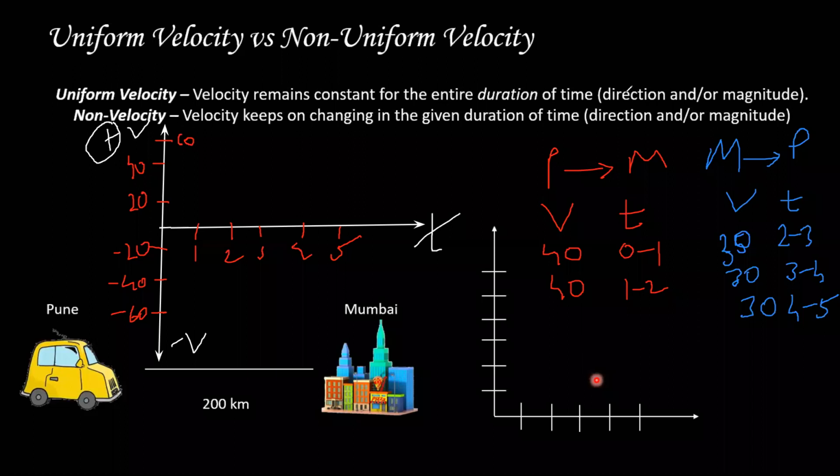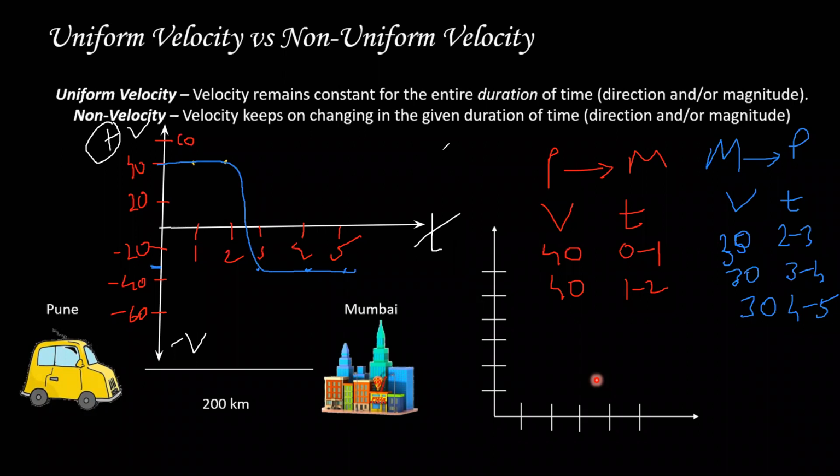Okay. So I'm going to plot it. From 0 to 1 hours, it was 40 over here. From 1 to 2, it was 40. But then I took a U-turn and I went back home. So basically now my graph will be something like, wait a minute, yeah. Let's say 30 kilometers will be over here. So this, and this, like this. So if I join it, my graph looks something like this.